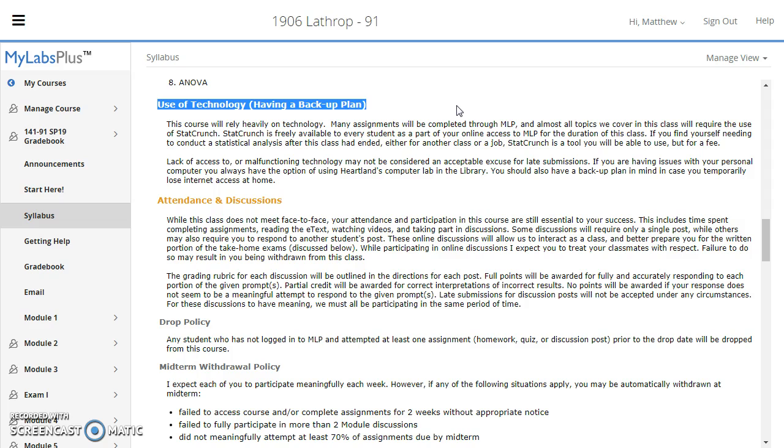The first one I can recommend would be making use of the computer lab on Heartland's campus in the library, but other options would include going to a friend's house, a family member's house, some sort of backup plan to make sure you can still get assignments completed. It's important to note that lack of access to or malfunctioning technology may not be an acceptable excuse for late submissions. You need to have those plans in place and hopefully be completing assignments ahead of time so that if an issue does pop up, you have a little bit of a cushion to still get things taken care of